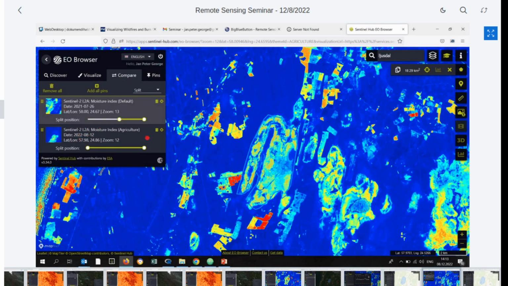Then I can use the sliding window. Now you can't see it here, but the slider will be somewhere in the middle. So when you slide this away, then you can compare in one and the same screen how the area has changed, for instance. So this is a very nice option for visualization. Okay.